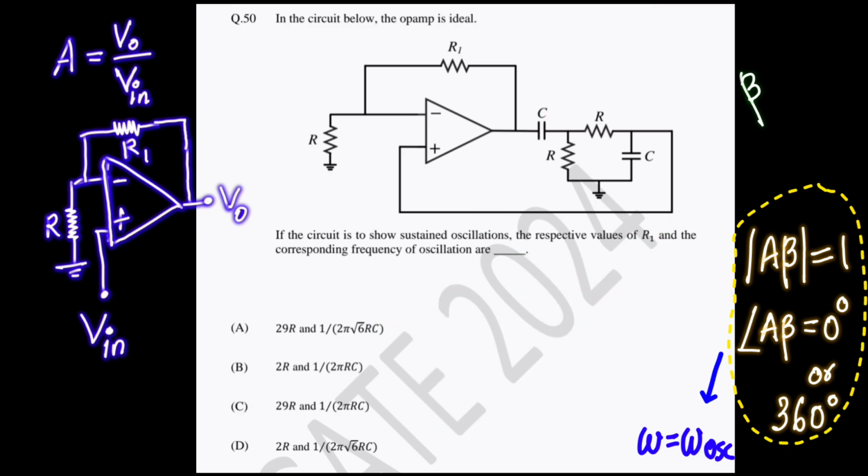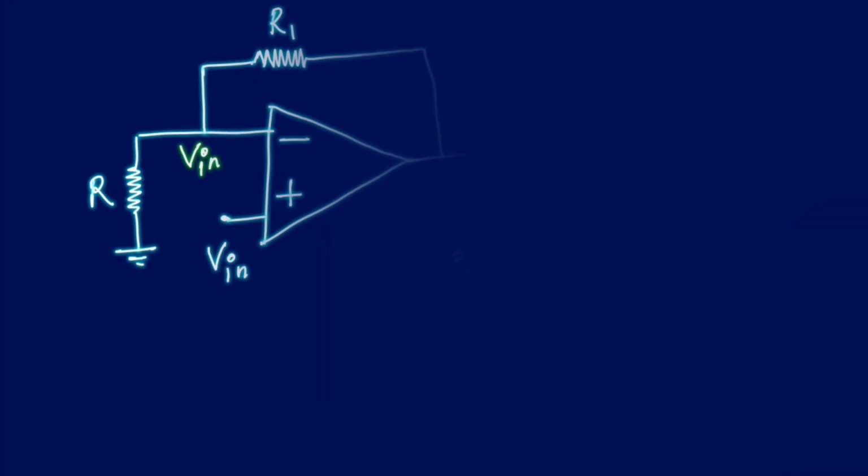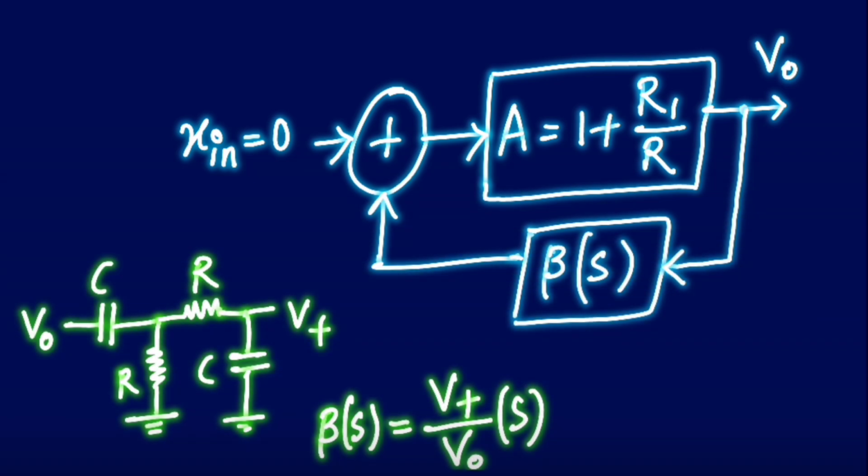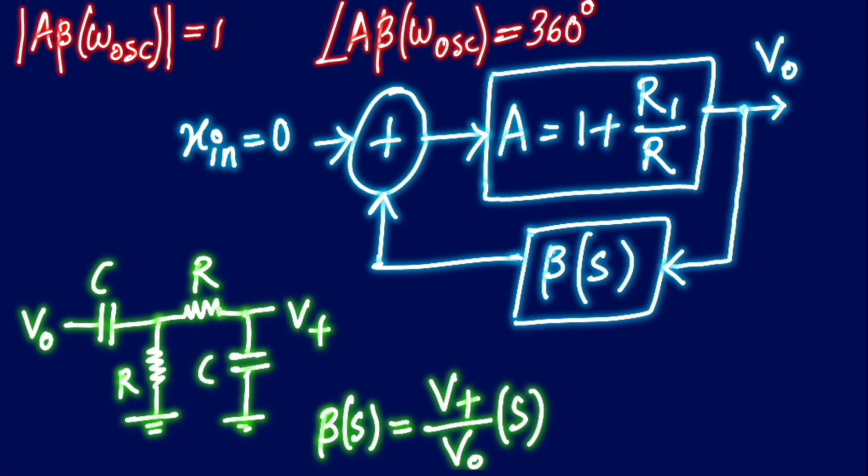Let me clear one fact: I have said that the closed loop gain of this non-inverting amplifier is equal to 1 plus R1 by R, but that is only applicable when the error between the two inputs of the op amp is 0. So only then the voltage at V plus will also be the same at V minus, because the error is 0. Only under that condition are we making these two inputs equal and getting this closed loop gain, and we are not considering the feedback factor. Okay, we are adding the feedback factor, the positive feedback,